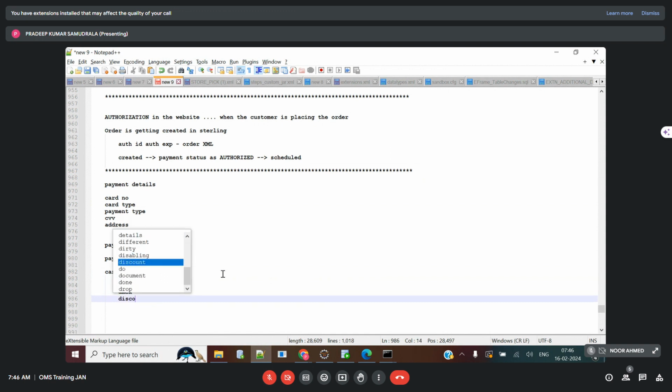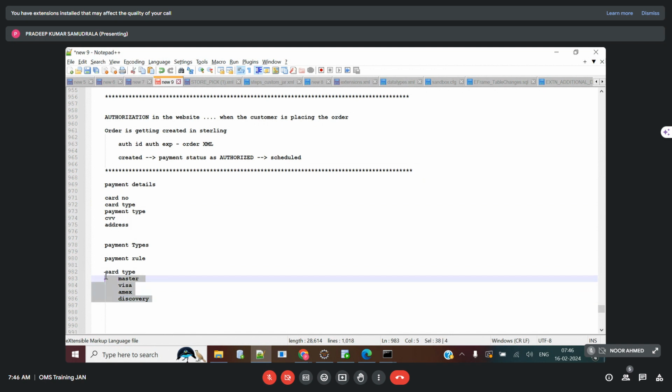There are many different kinds of card types available in the market. So this kind of card type information is also needed. We have to configure however many card types your website is processing, those many card types you have to configure. Okay. And one other thing,